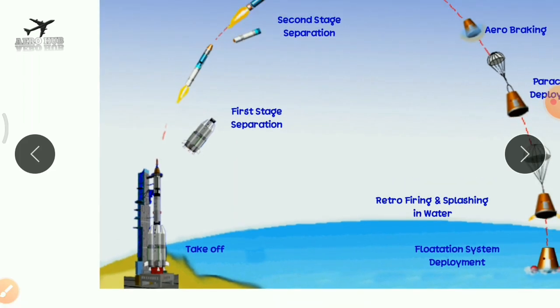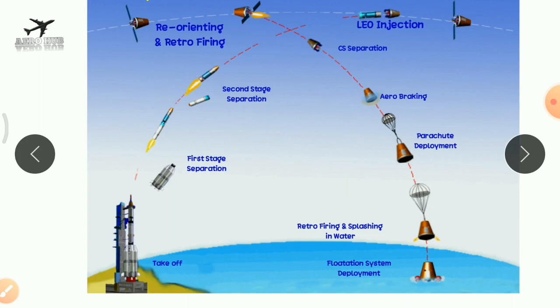The launch vehicles are subdivided into different stages. Each stage is like a propulsion system, and after consuming the propellant or fuel, each stage is discarded. This is called staging. There are different types of staging. One is called parallel staging, the second is called serial staging. In the next lecture we will discuss what parallel and serial staging are.